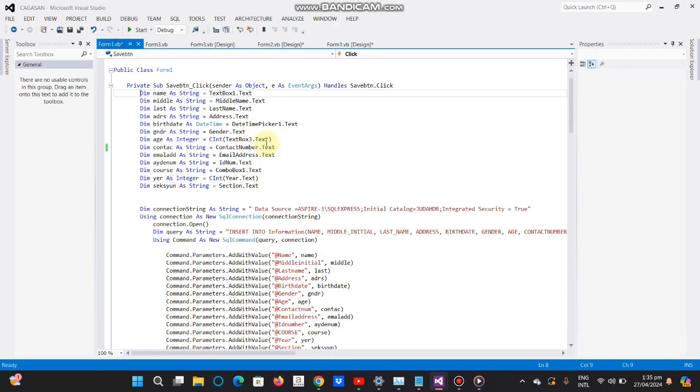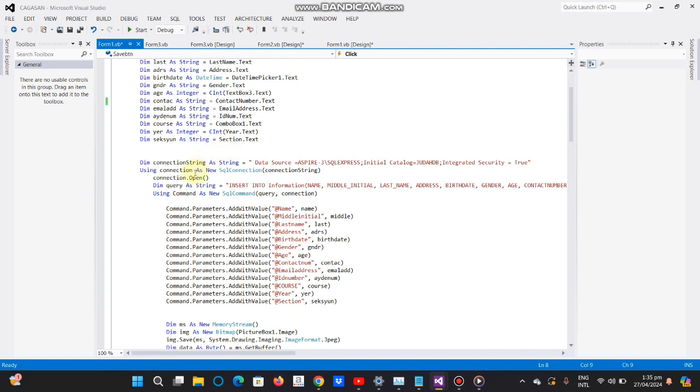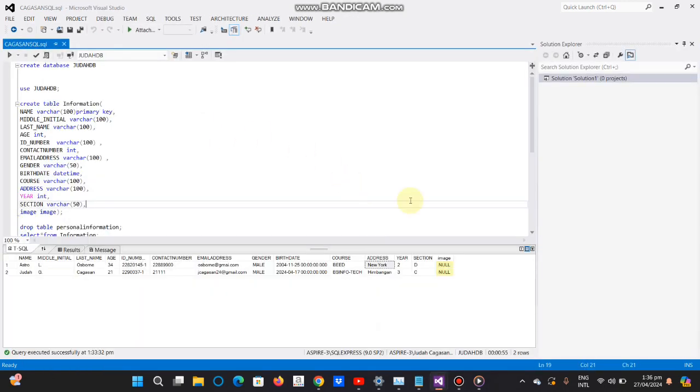Then I've also initialized the connection string, as the data source where my server name of my laptop is, and the catalog or the database is here.